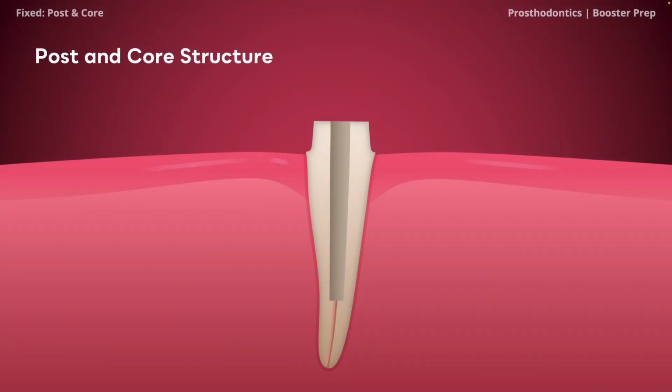A post and core procedure involves placing a post inside the root canal of a tooth that's undergone endodontic treatment. The post is essentially a metallic or fiber reinforced pin, and its purpose is to provide support for the core, which is the restorative material built up around the post to replace missing tooth structure and provide a stable base